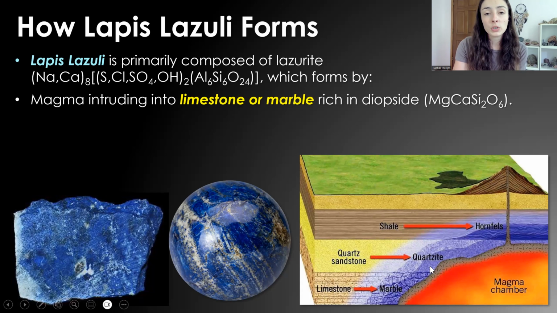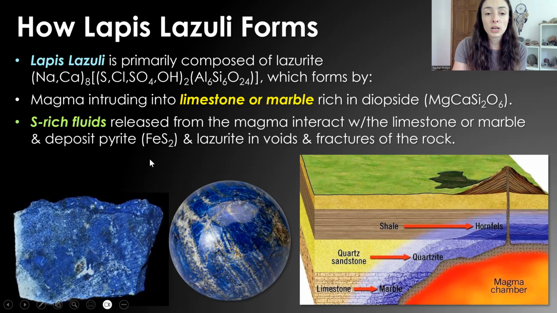And this is higher grade, closer to the magma chamber, and then it gets a lower grade metamorphism out of the magma chamber. But it is low pressure, it's just high temperature. And so things like limestone can be metamorphosed into marble due to contact metamorphism. And this can then be subject to hydrothermal alteration when sulfur-rich fluids are released from the magma and interact with the limestone or marble to deposit pyrite, an iron sulfur mineral, and lazurite in the voids and fractures of the